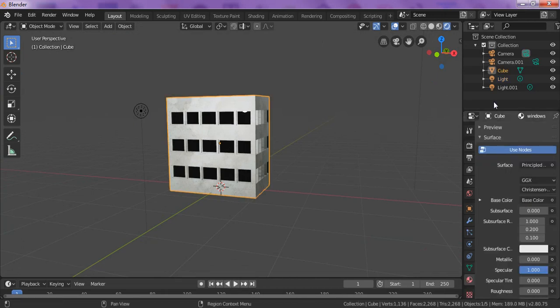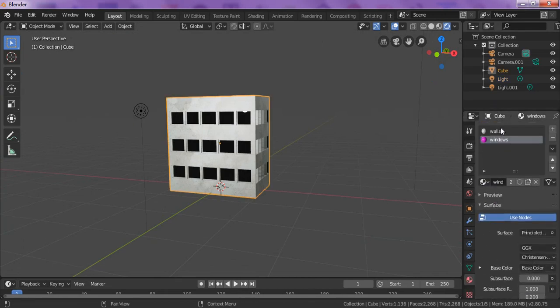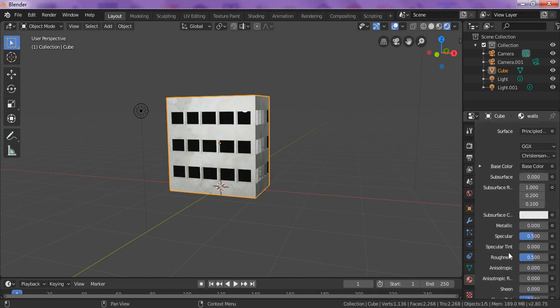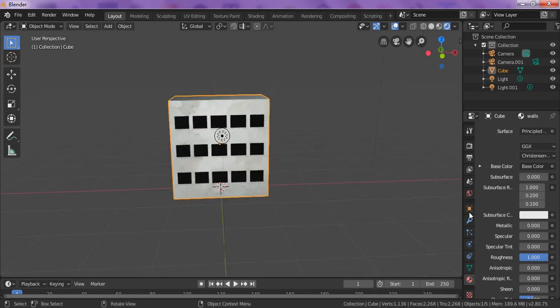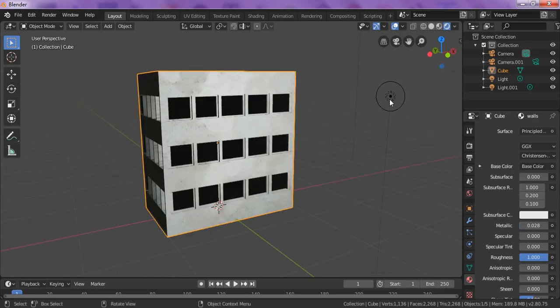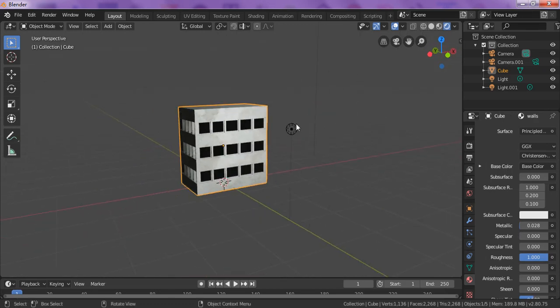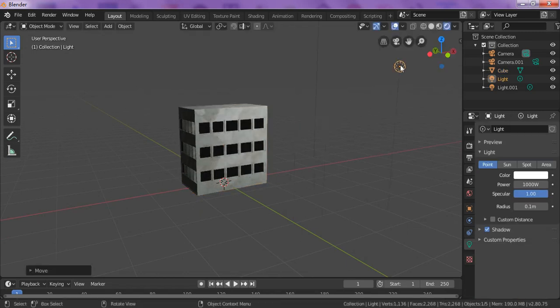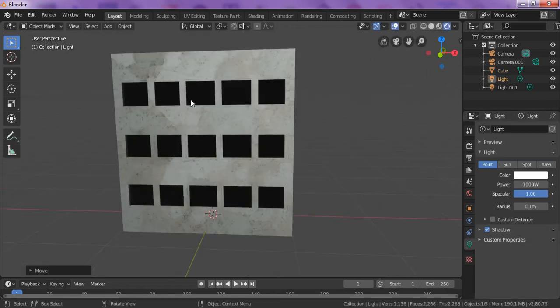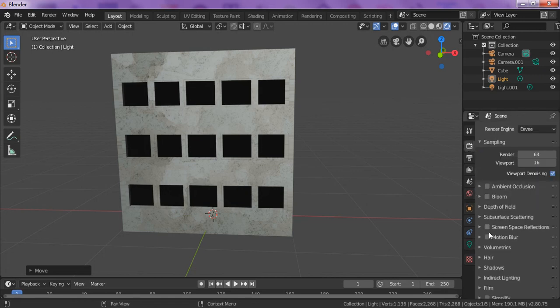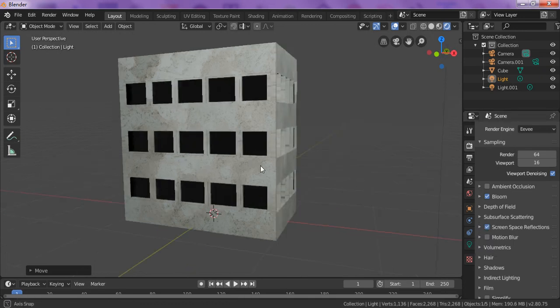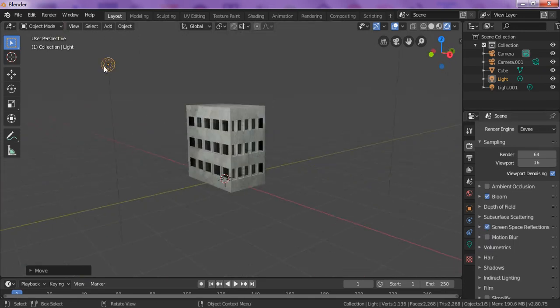Again, for the walls, where is it? Walls, bring the roughness up and stuff like that. Roughness up, specular down. Even put the metallic up a little bit if you want to do that. It depends. Choose different things to see what you can do. That's that, right? Just doing certain things. Going into the render settings over here. Just going to bloom and screen space reflections and stuff like that, and it can add some nice effects. If you bring the lights in, you'll see